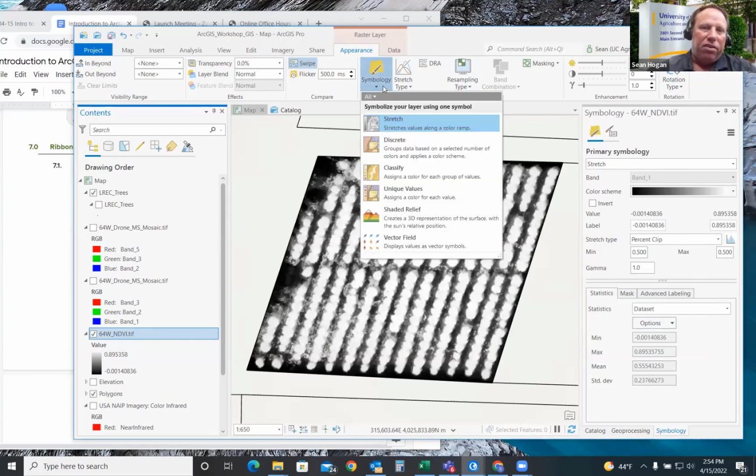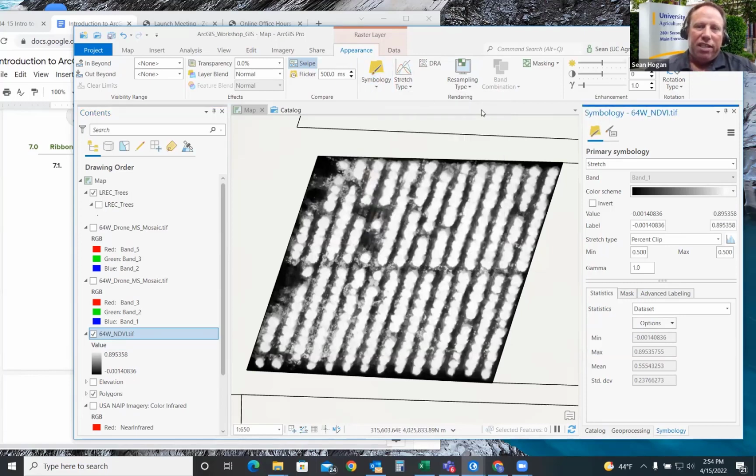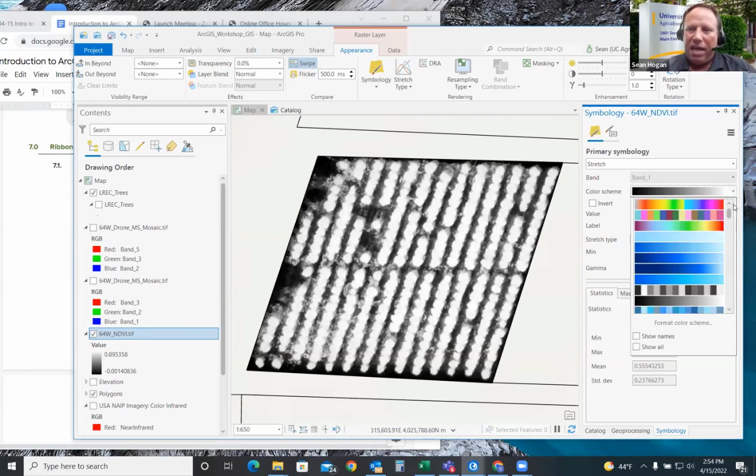Now, if I click on the drop down, you can see there's various different options that are specific only for a single band, in this case, a continuous data raster layer. So instead of having an RGB image that is composited, what we have here is just a single layer that's showing different levels of NDVI, or normalized difference vegetation index. But we want to adjust this because this is not quite ideal. It's just too blinding, I guess, not appealing. So what we can do is go over to the color scheme and pick out something intuitive, like green to